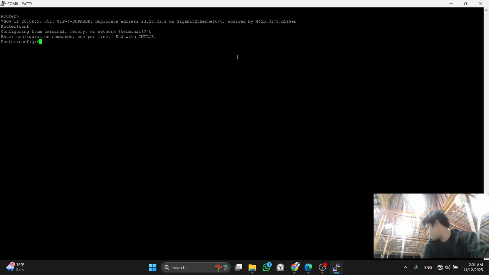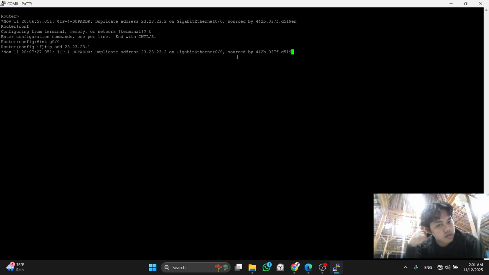Start configuring the interface G0/0. IP address we add 1, because at the router before we put 2, and the subnet is 24.